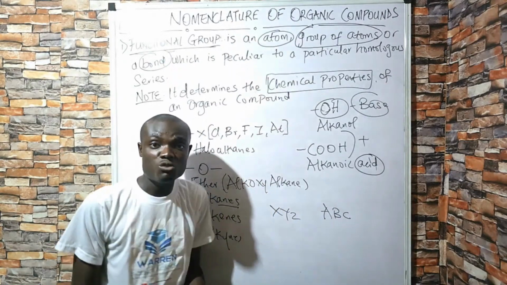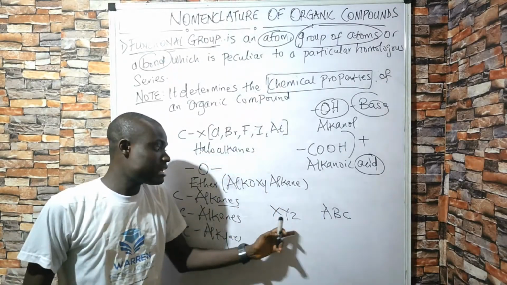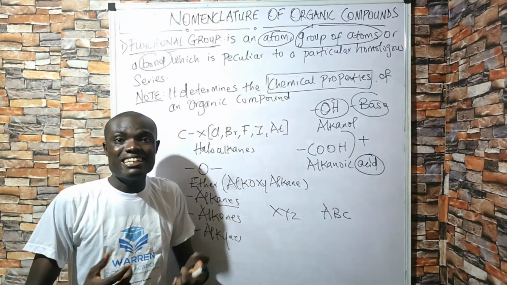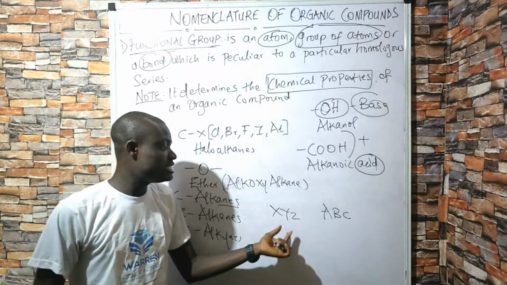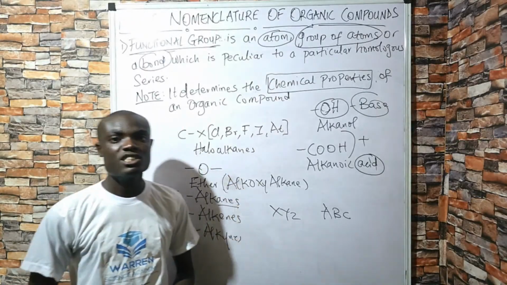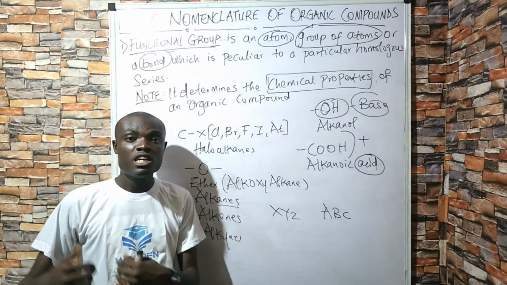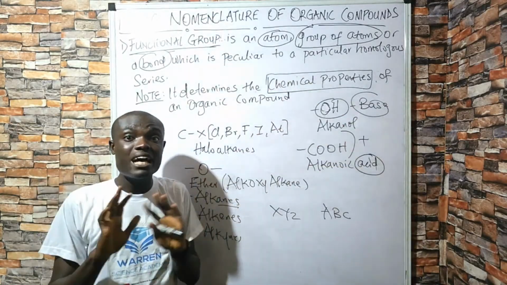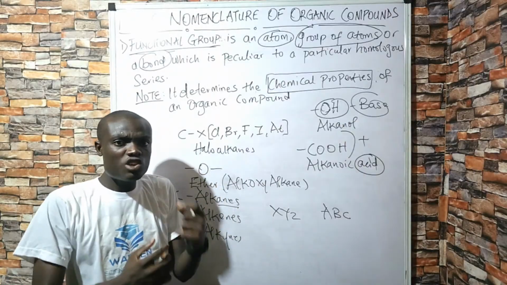And these two families, they are on good terms. They can marry. A child from here and a child from here can get married. But if one has been offended, or there is this enmity between this family and this family, and then ABC comes and tells his or her parents that, I want to get married to someone from XYZ, they'll be like, no, we are not going to get married to them. So it's just the family name.